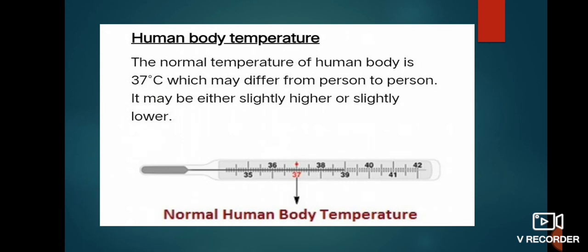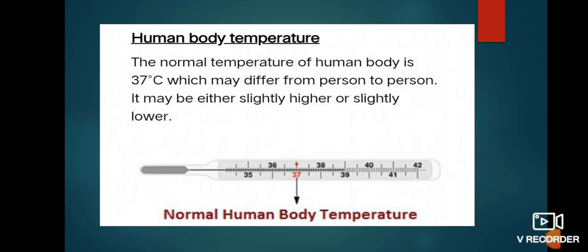Next is human body temperature. The normal temperature of the human body is 37 degrees Celsius, which may differ from person to person. It may be either slightly higher or slightly lower. Means some persons have 35 degrees Celsius or some persons will have a